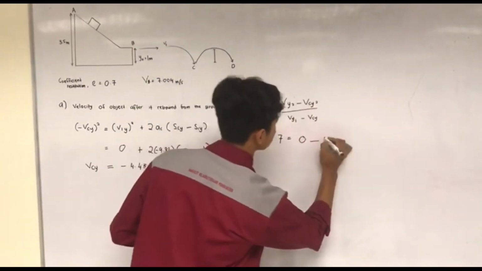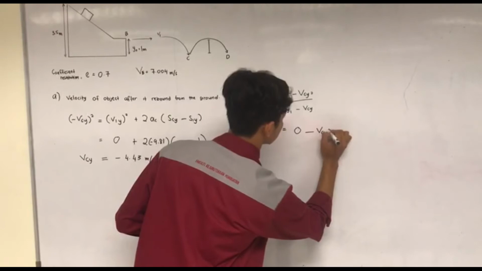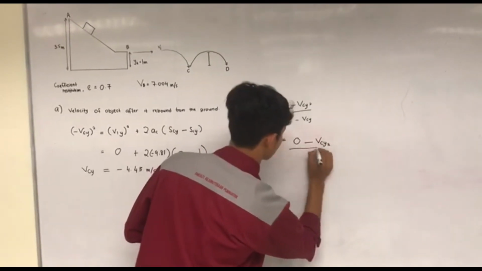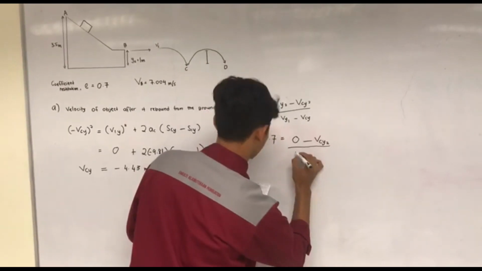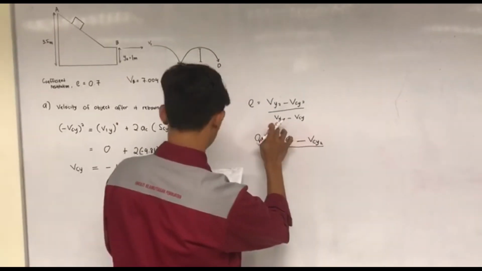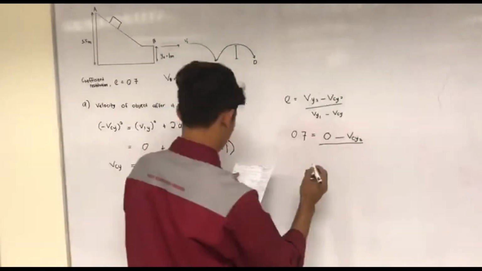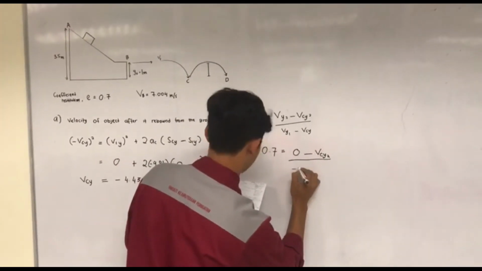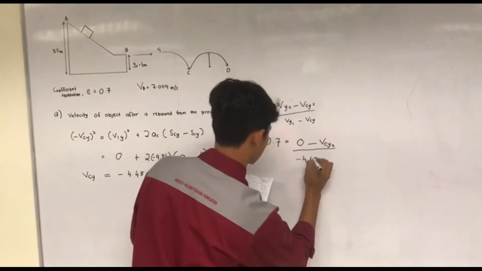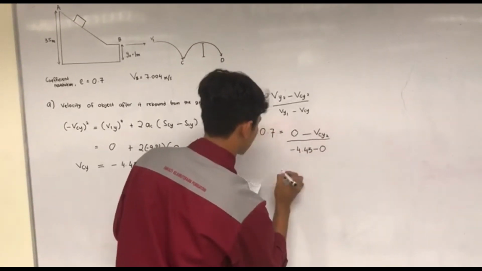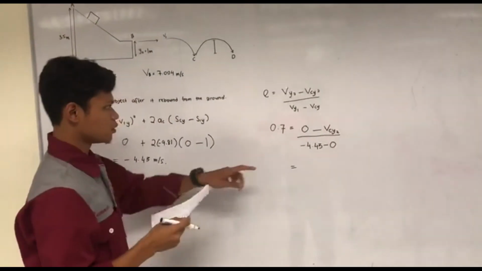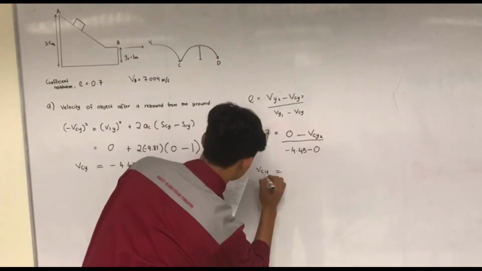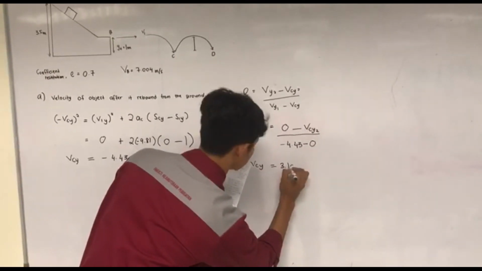This is what we want, this is y, and this is what we get. After we calculate, we get the velocity at point C on the y-axis equal to 3.101